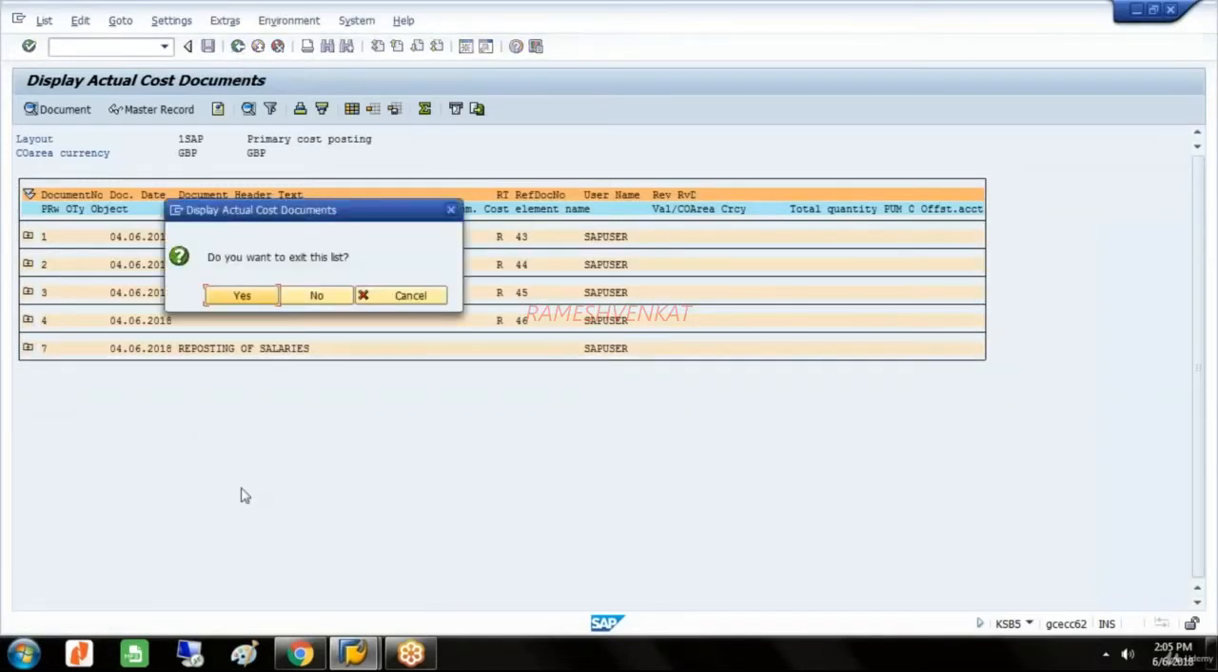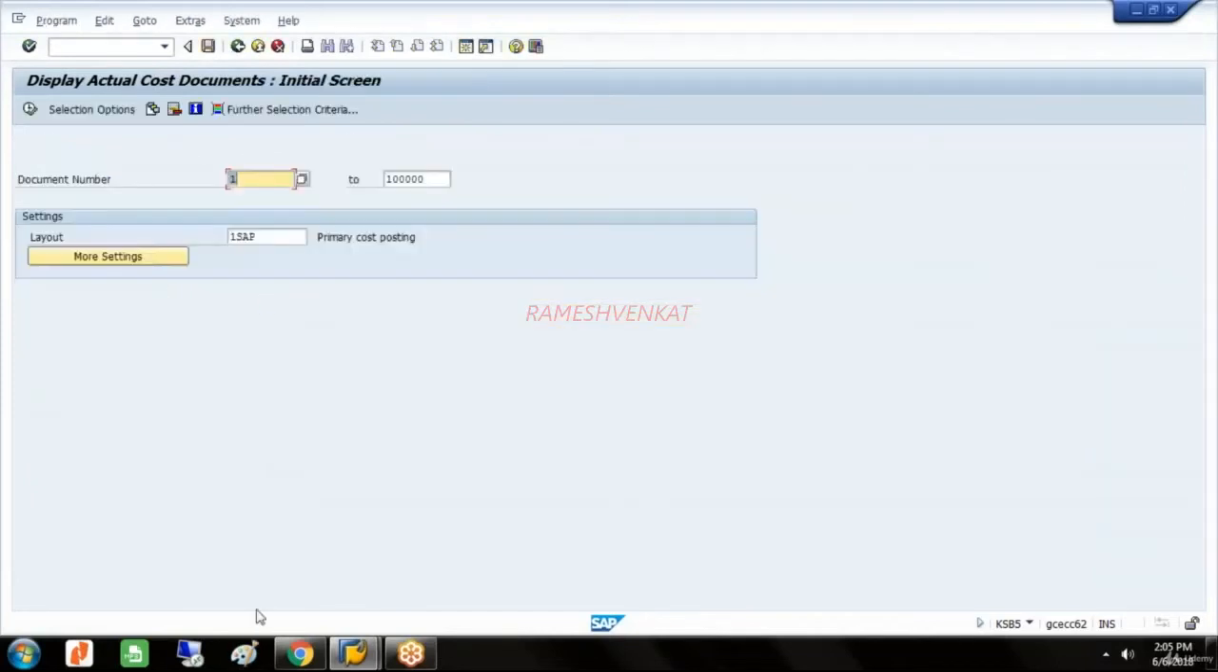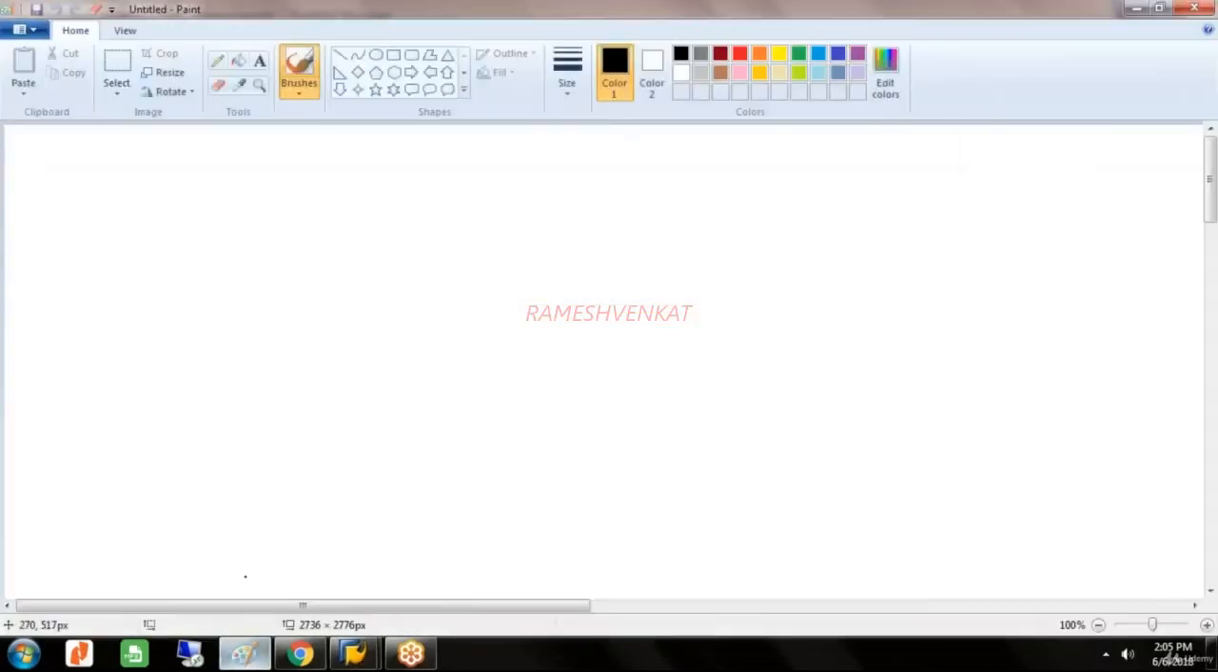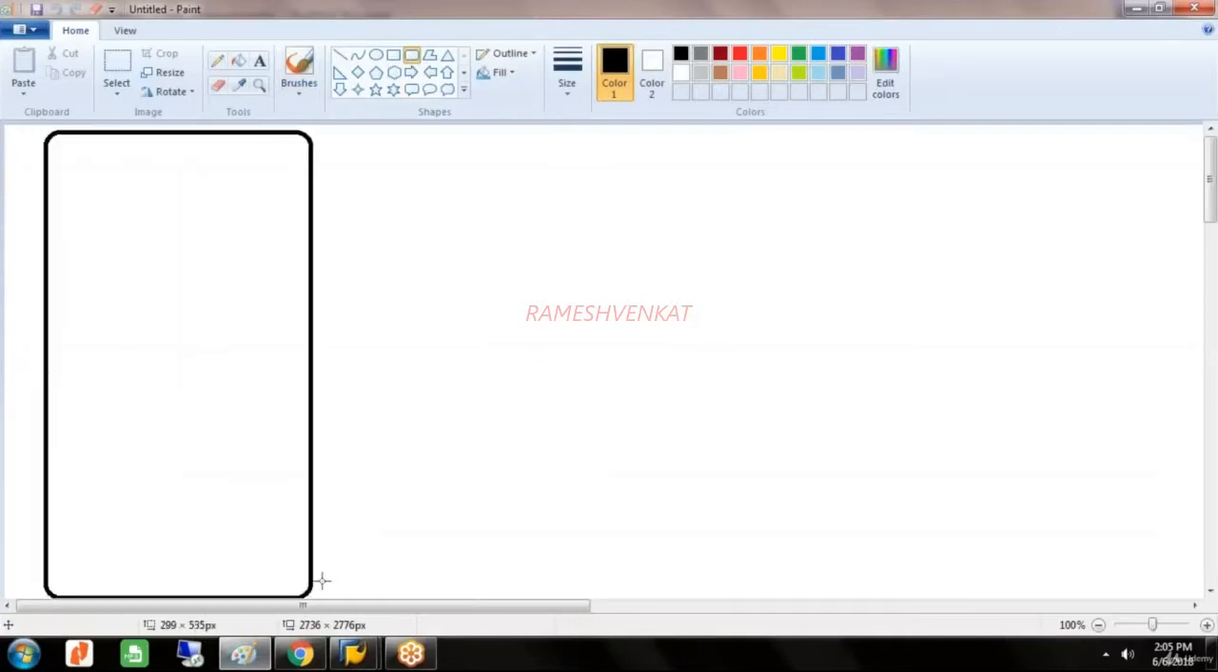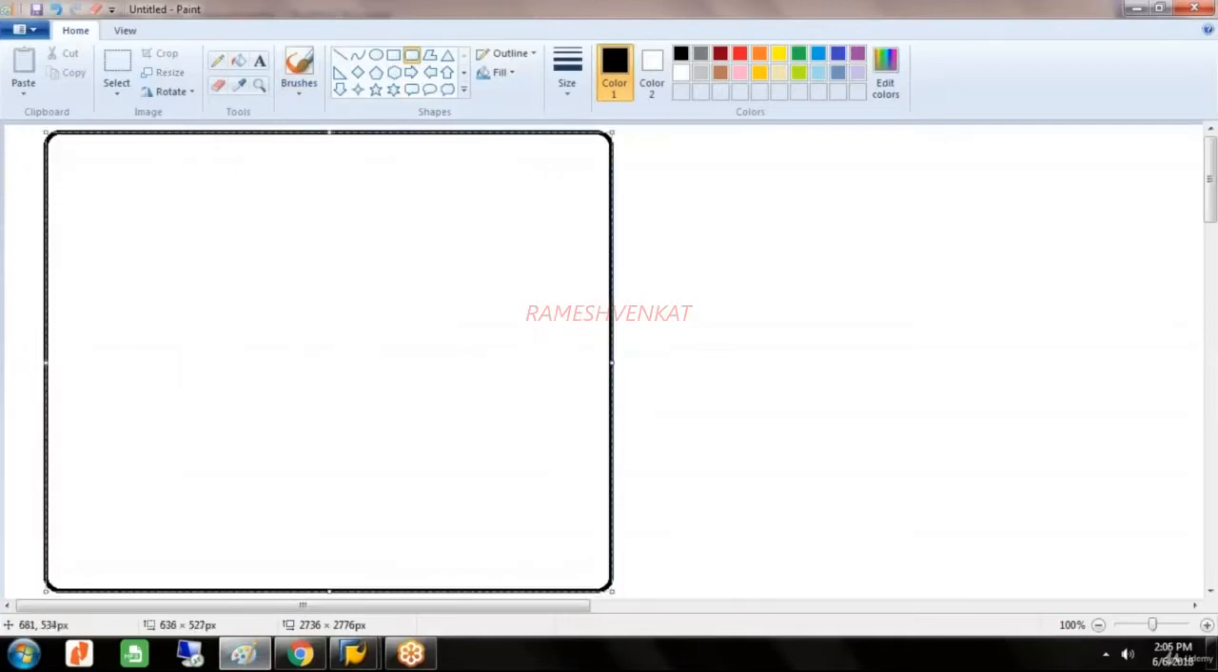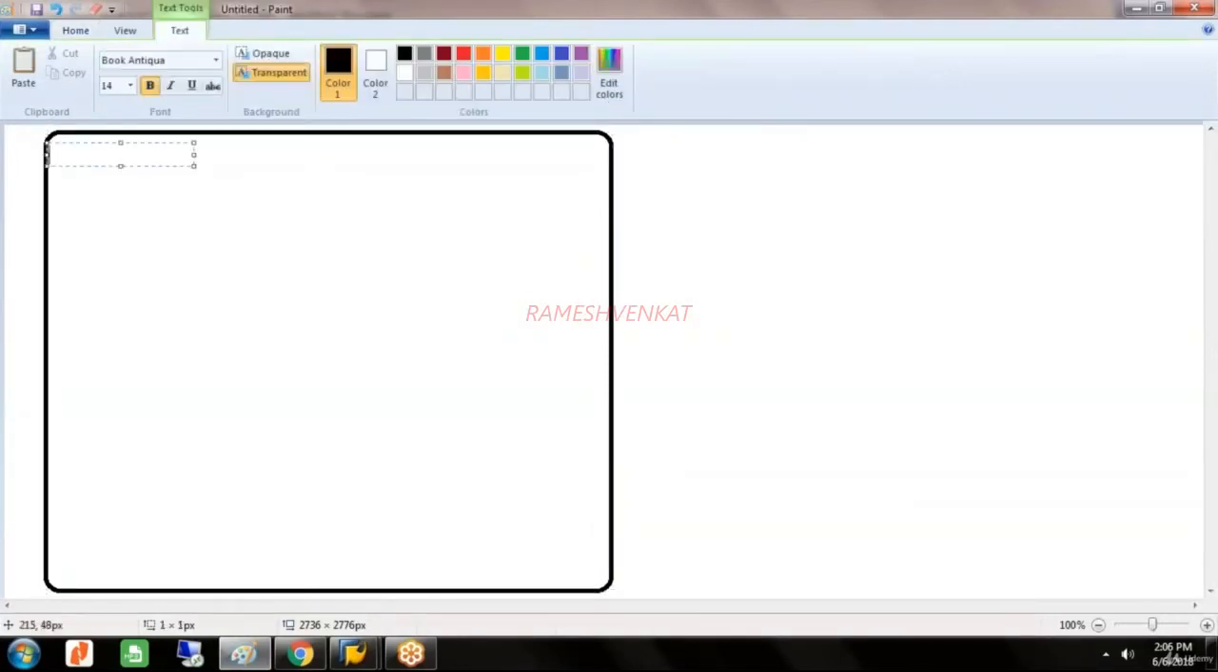Let us come back to the MS Paint document. Now, very much linked with the cost centers is another important activity which is known as internal orders. Now, when do we use this? This is used